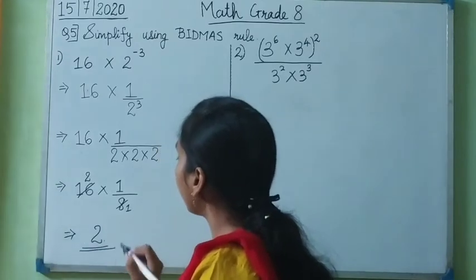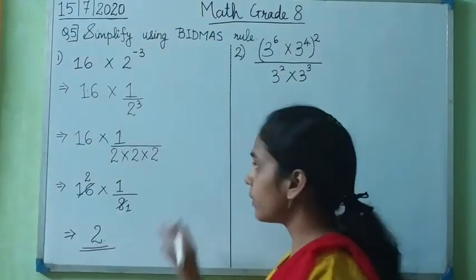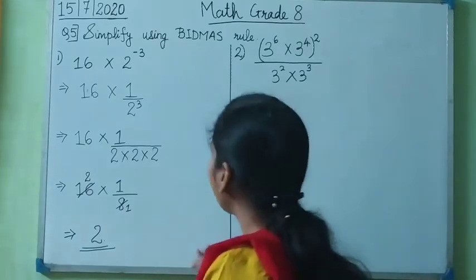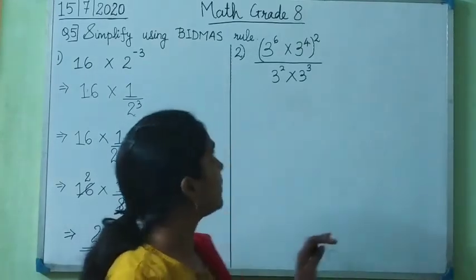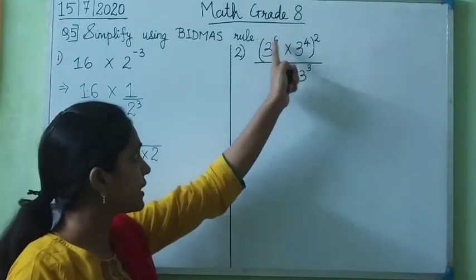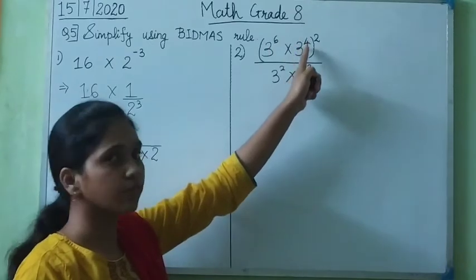So the simplified answer is 2. Okay. Everyone has understood this simplification according to the BIDMAS rule? Yes. Now the second example. The question is 3 raised to the power 6 multiplied by 3 raised to the power 4,